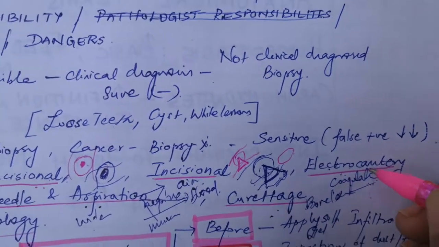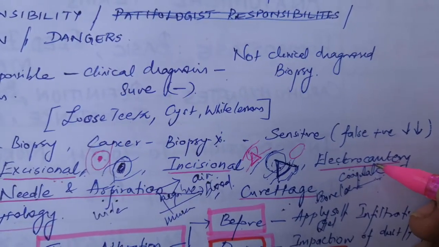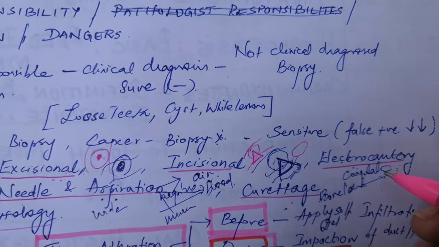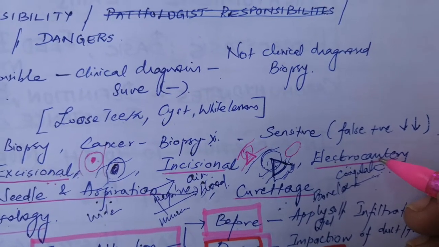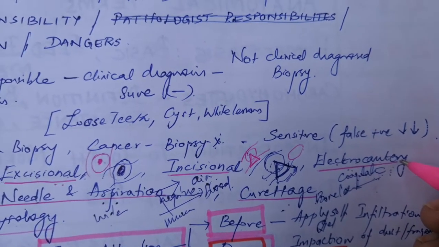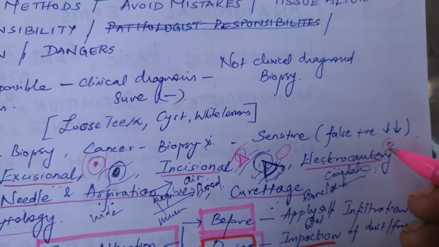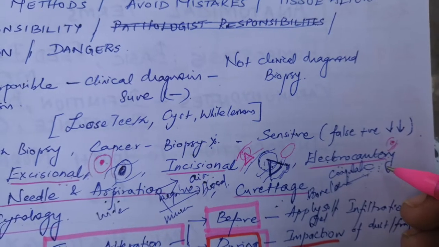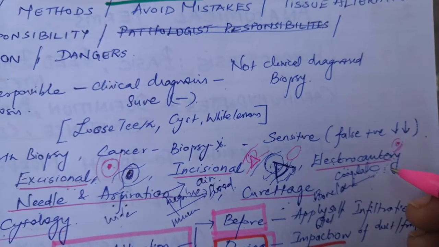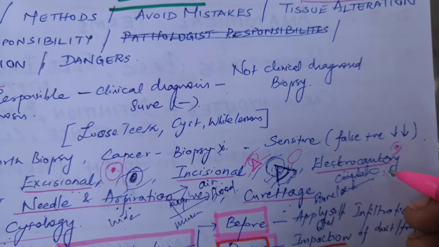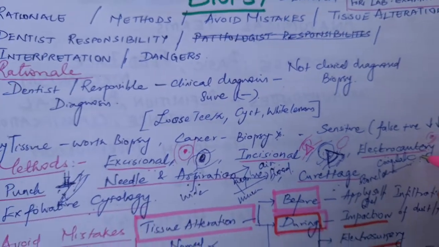Electrocautery, the major disadvantage is that while doing a biopsy with electrocautery, there will be a coagulation injury to the tissue, and then it will ultimately lead to, for example, a small tissue you are removing, the margins will be coagulated with electrocautery and there will be little tissue left after the fixation, and the pathological diagnosis is impossible